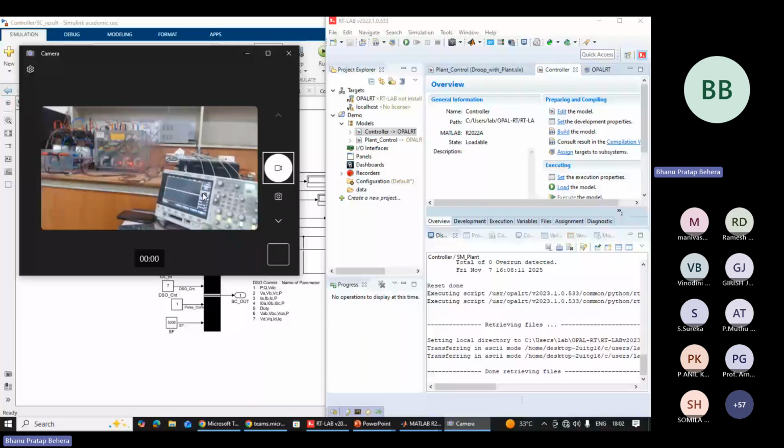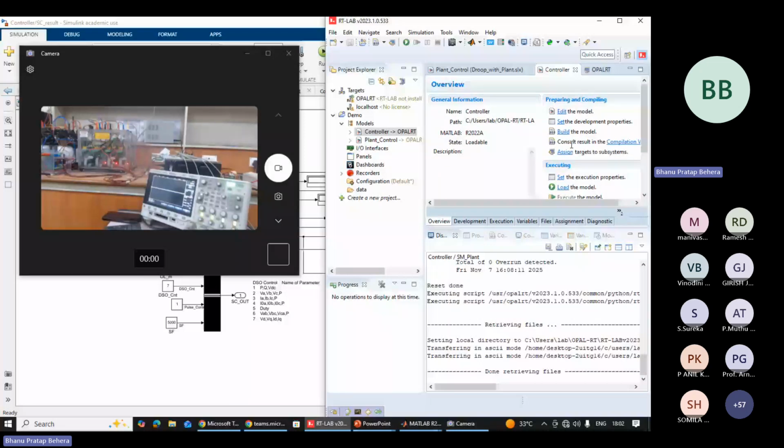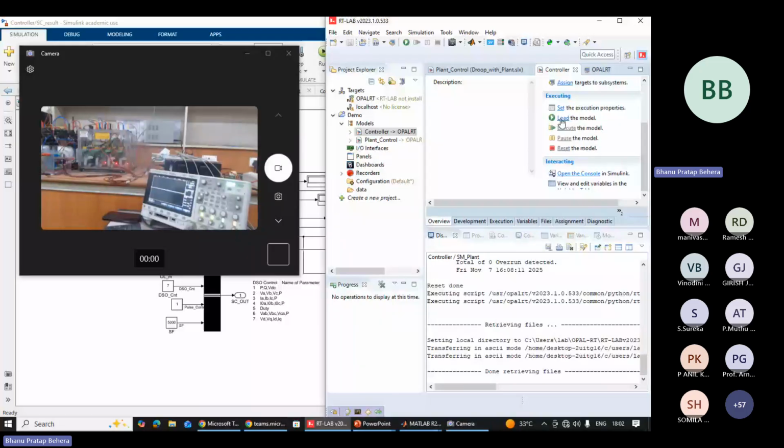Already I built the model, so we will not take much time to build it. The model is already built and edited. You only have to go for the load. If you have already done the building, you can repeatedly load, execute, and reset, load, execute, and reset. So right now I am pressing the load button. This means the C code generated through the build model